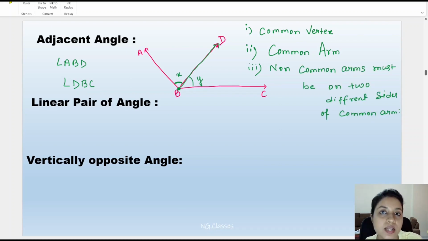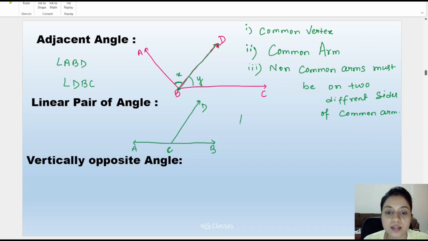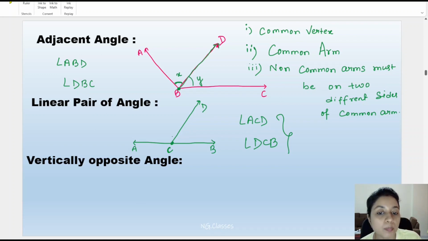Now let's see the next concept. Here the next concept is linear pair of angles. So when two angles are adjacent to each other and also the sum of the two angles is 180 degree, then such angles are known as a linear pair of angles. Here we can see angle ACD is adjacent with angle DCB. Here we are having a common vertex, that is C, and also we are having a common arm, that is ray CD,